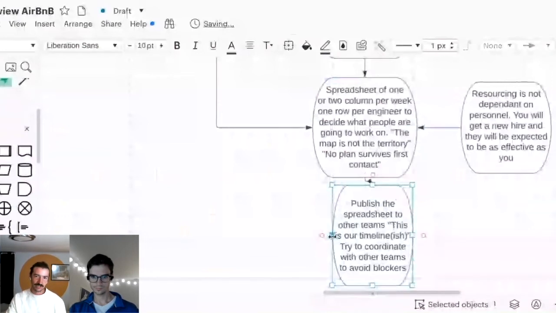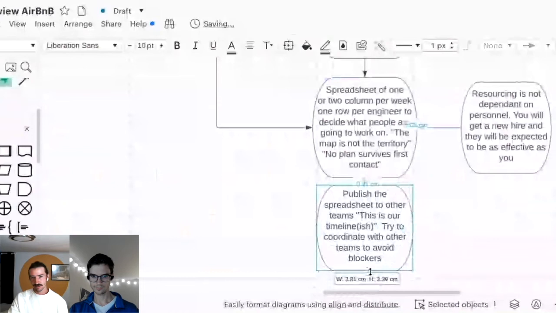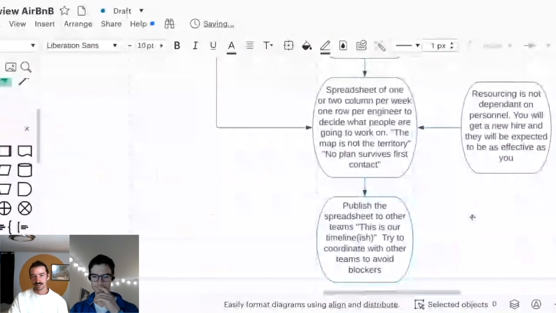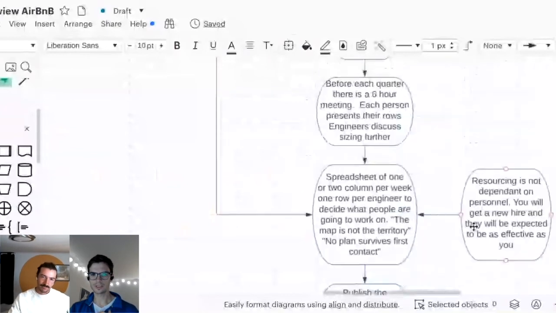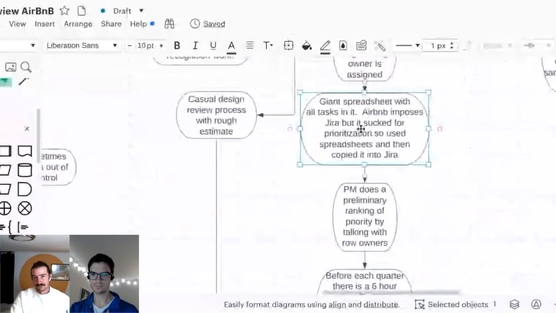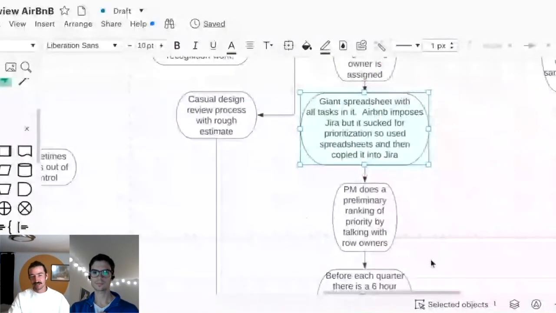Yeah, so the goal of this is not really to organize your own work, although it's helpful for that, but it's more so that you can coordinate with other teams. So this first spreadsheet, it's just for a single team. Yes, this is the pay-ins team, for example. I don't know how other teams did this, to be honest. This is just our team.